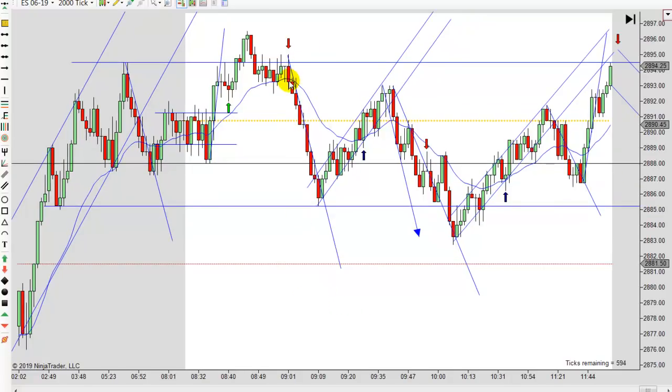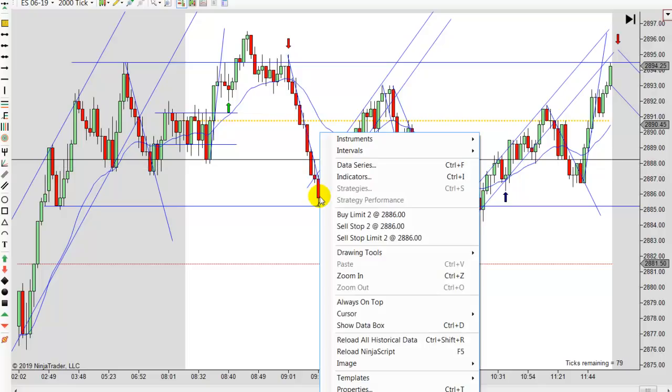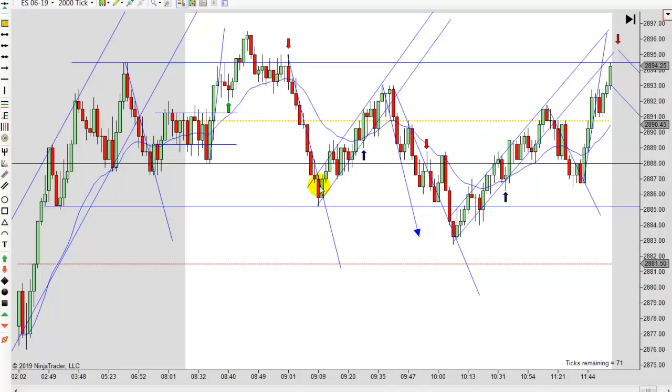Especially if you're using a runner. I don't know if I would use a runner on a day like this. Generally, when I want to use a runner, it's when you know you've got a strong trend and there's a chance to get a runner. Generally, when the market's real tight and choppy like this, you're not going to get many runners. Just the way it is. Now, if you can get long off the lows or short off the highs like this right here, you might try to get a runner because it's worthwhile. Because if you catch that one trade with a runner, you're probably done for the day. So just keep that in mind.